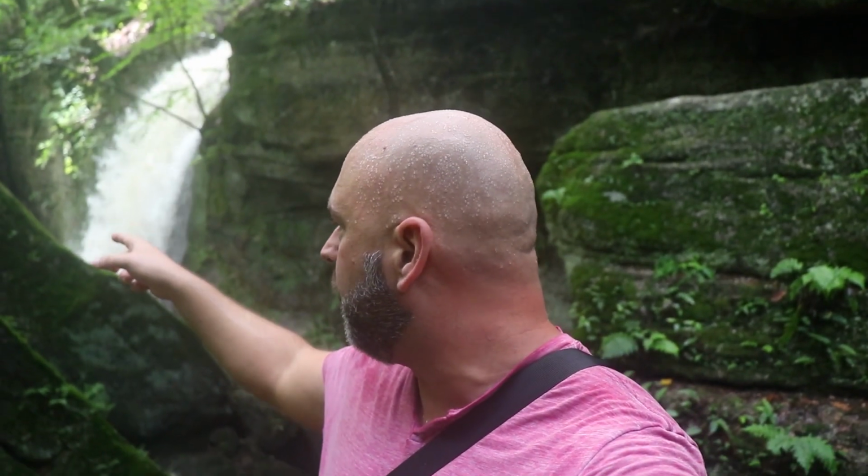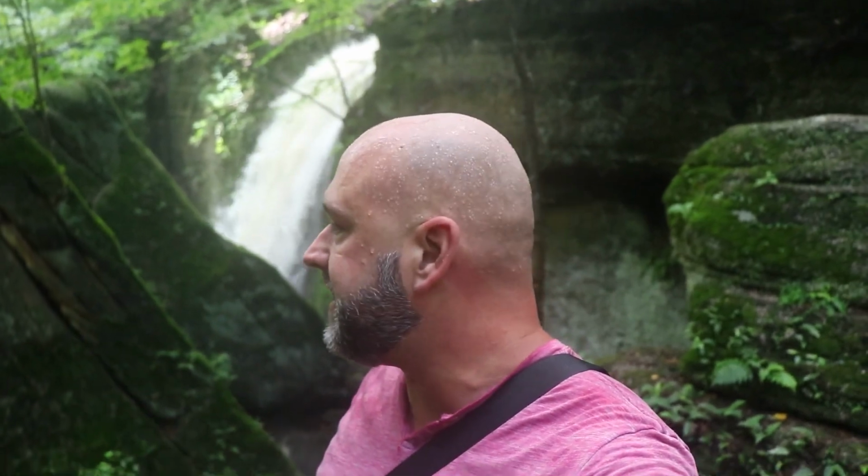All right, guys, we just finished flying the drone over there at the waterfall. So I did find out I could go around this from where I normally hike across that little creek. There was a little natural rock bridge that I was able to cross. So we're still getting up here. The problem is normally at the top I also cross the creek to head to the second waterfall, where I want to fly the drone a bit and test out the footage. And then once we do the second waterfall, I'll probably head back home, look at the footage,